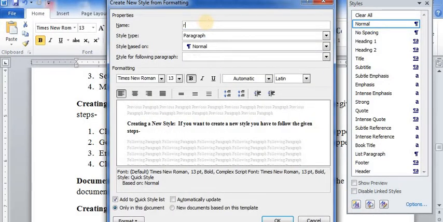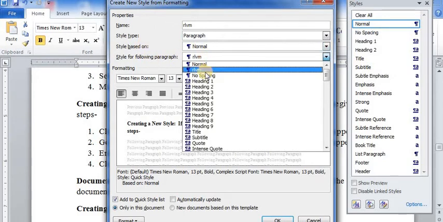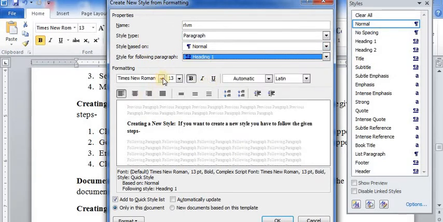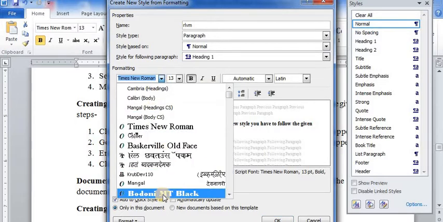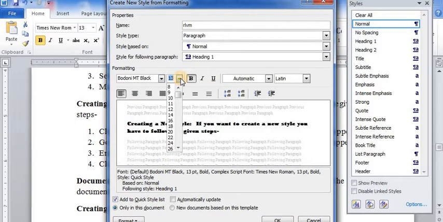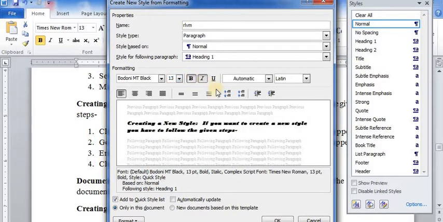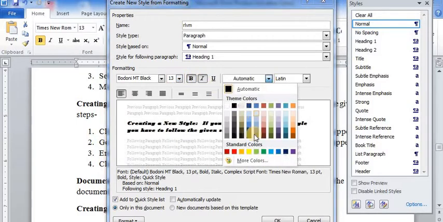For example, the name of my style is RLVM. Style type is paragraph based on Normal. Style for the following paragraph, I think Heading 1 level. Font style this, and font size is appropriate. Now make it italic and the color should be blue.